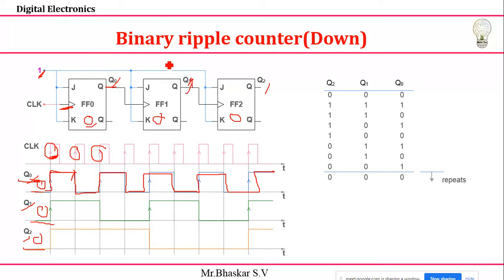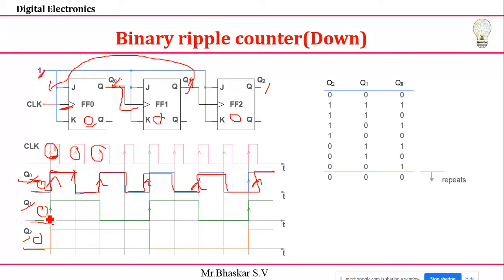Q1 totally depends upon Q0. It does not depend upon your clock. Then for Q0, which edge do I need to consider? Because I'm not going to use a bubble, it means it's looking for the positive edge. So you need to define the positive edge of this one. So this is a positive edge, and this is my positive edge, and this is my positive edge, and this is my positive edge. Here you need to take some actions.